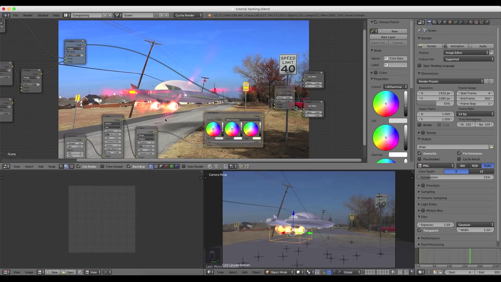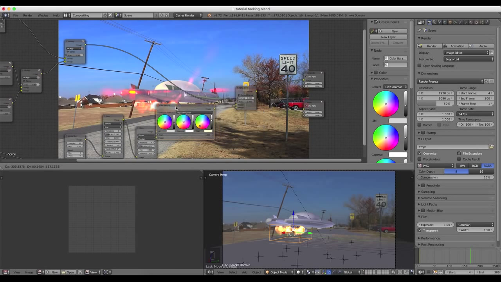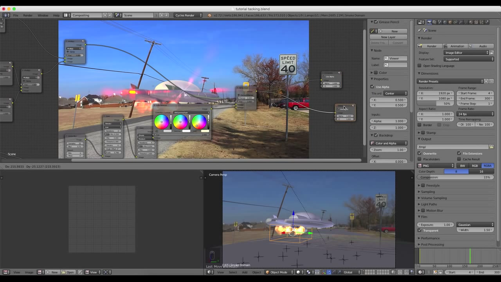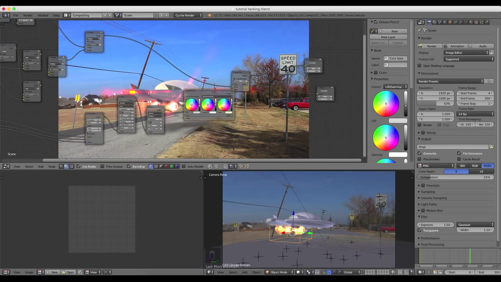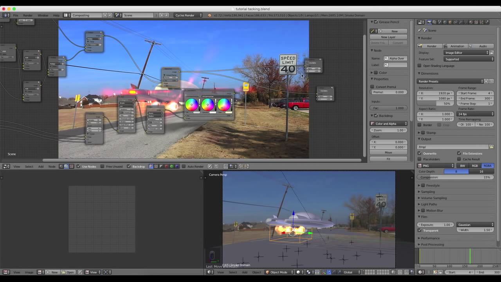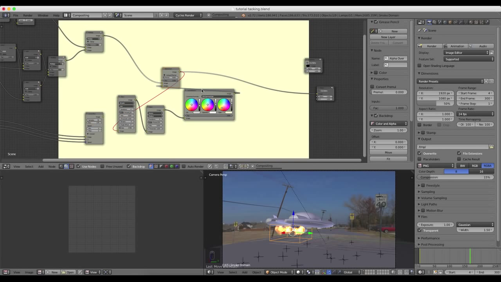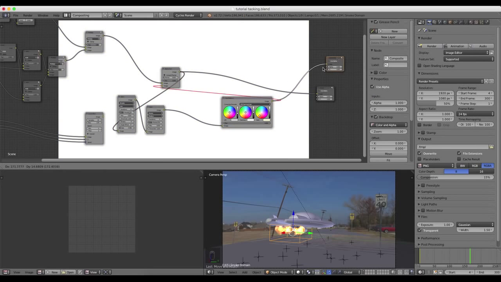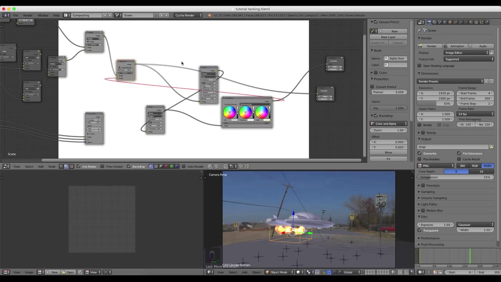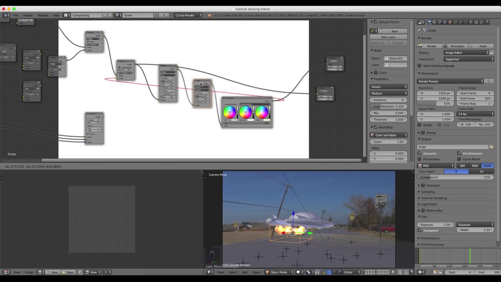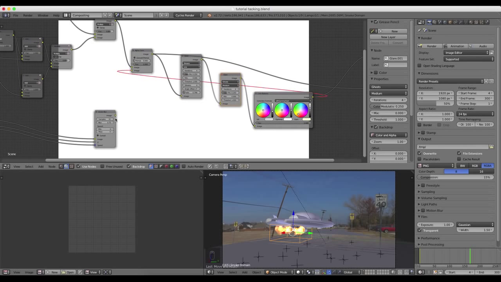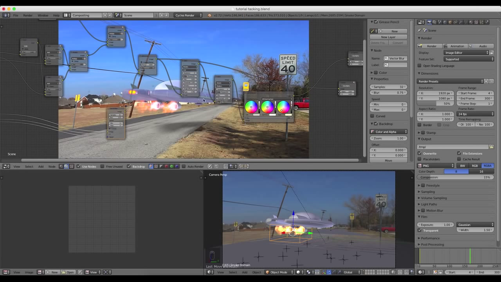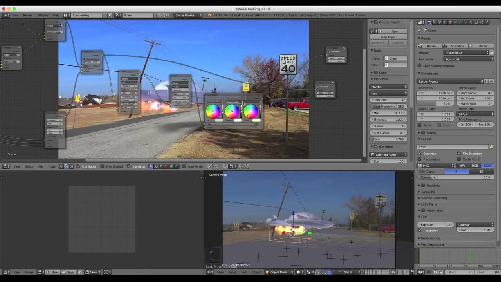And with our darks, of course, you want to take the darks down a bit, increase the saturation. And I just realized I'm only affecting this top layer, and I don't want that. I want this to be affecting the whole thing. My apologies. So let's take these, and I'm just going to plug in this alpha over to this first node. And we'll plug in the color balance to the composite. We'll just move these things around a bit. Sorry about the confusion. I'll plug in this vector blur to the bottom of that alpha over. And there we go, we're back at square one,